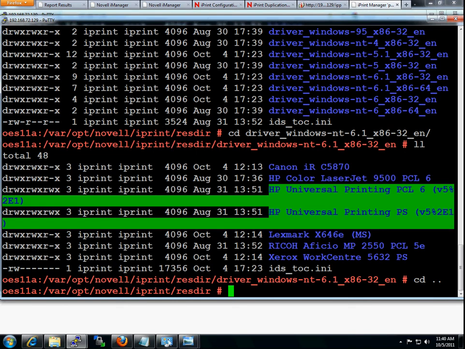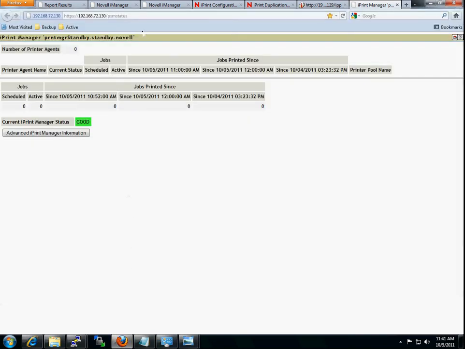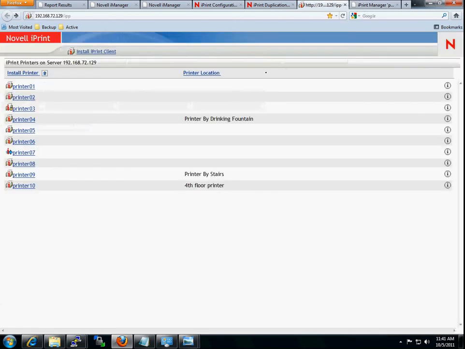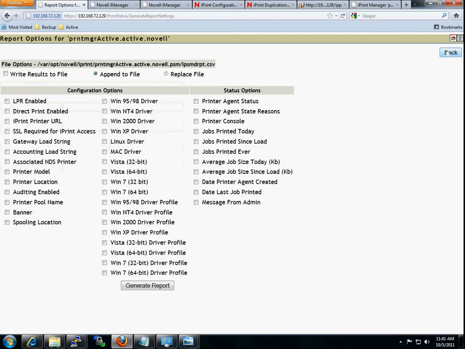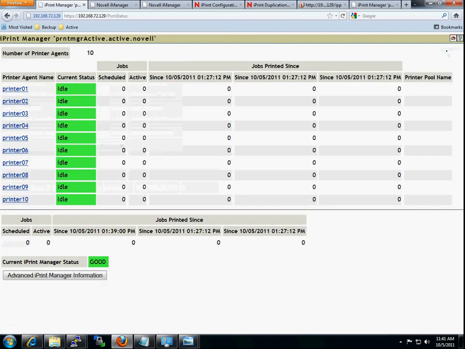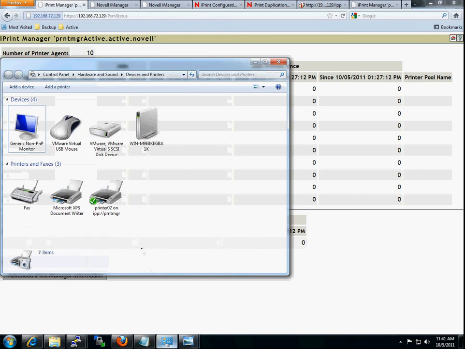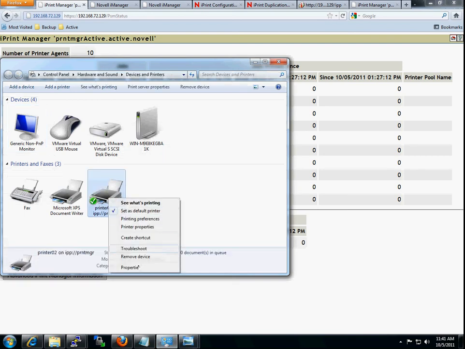I also want to show, prove that I'm actually printing to the active print manager server. This is my active print manager PSM status page, and notice my statistics all show 0 right now. In fact, I'll even click refresh to prove it. Everything's 0. I go to my installed printer and I go to the printer properties,